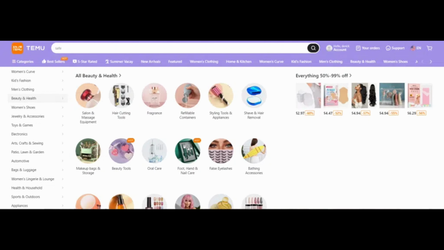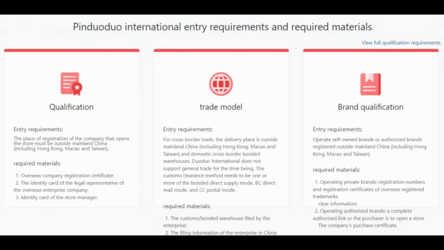Before you create a seller account on the Temu application, you need to consider certain things related to your brand and the small business which you are going to start on Temu. The very first thing that you need to consider is the qualification. After that, you need to make sure about the trade model as well. And lastly, you need to take care of the brand qualifications. You can read this article on the official website of Temu, and there, after you are done and confirm all the details that Temu requires for a seller on its application, you can easily create an account as